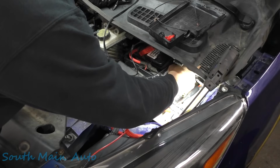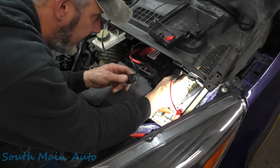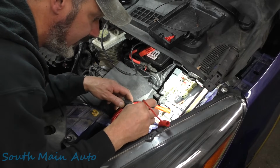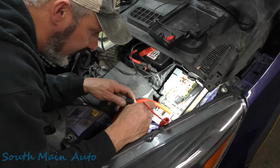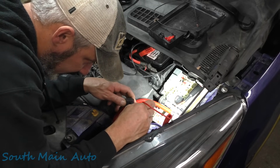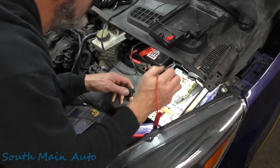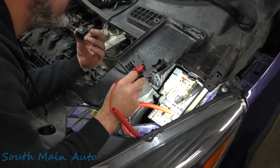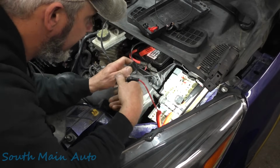Let's do this because we want to see, right now, this row of fuses up here, these are all dead. And this whole row of fuses down here are not dead. Okay. All right, but this is the row up here that is dead. And those are fuses 37, 38, 39, 40, 41, 42, so on, that we were seeing on the diagram there that were controlled by